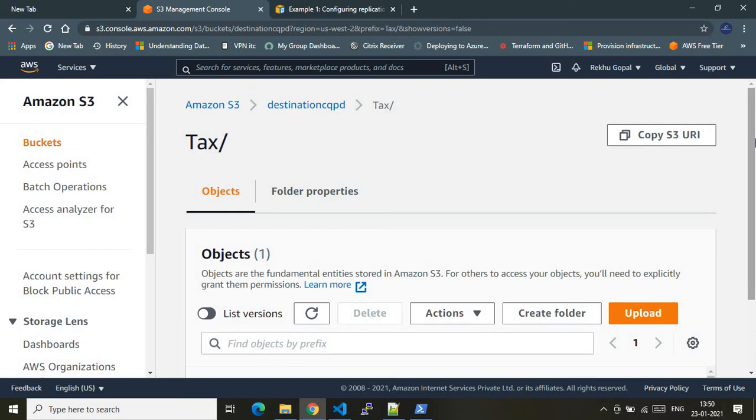So data that you are primarily uploading in one region, the US East region, is getting automatically copied to the destination bucket which is sitting in the US West region. This is nothing but high availability, and you are using the versioning capability of the Amazon S3 bucket. So this is a clear, straightforward demonstration of how you can use S3 bucket replication using the AWS CLI: how you can configure the S3 bucket creation, how you can enable the replication, and how you can configure the required configurations to do this task using the AWS CLI.